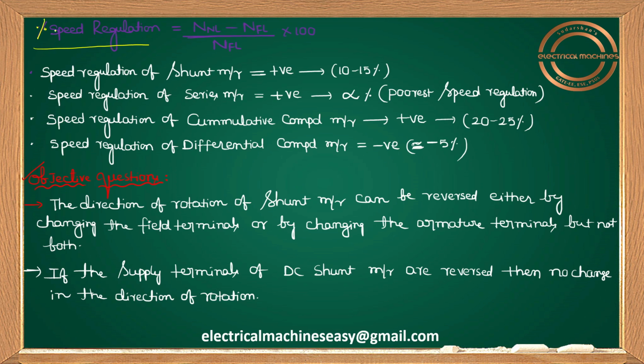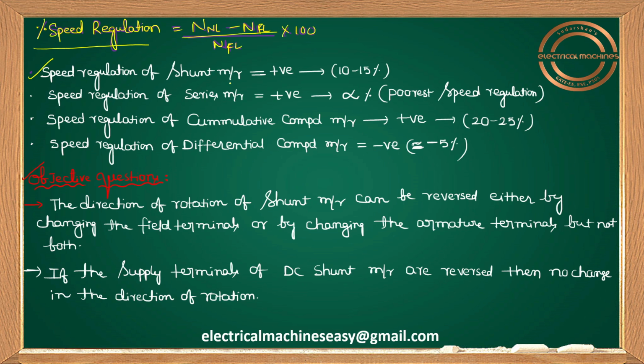This is percentage speed regulation. If that color is not visible, I'm just writing with the yellow color. Percentage speed regulation is equal to what? No load speed minus full load speed, divided by full load speed, into 100. And the speed regulation of a shunt motor is positive, because already if you see the N versus IA graph for a shunt motor,